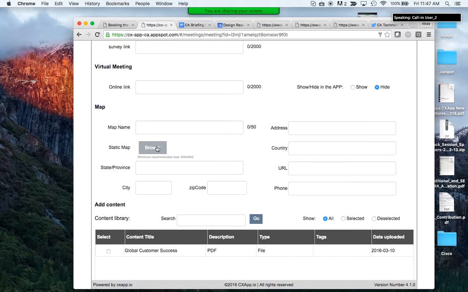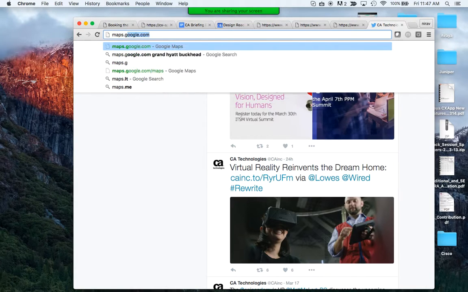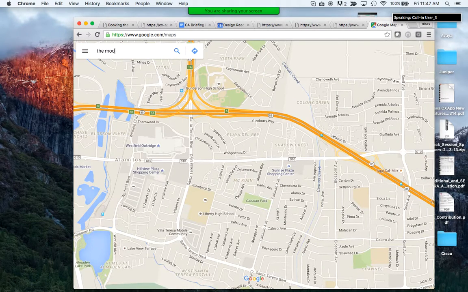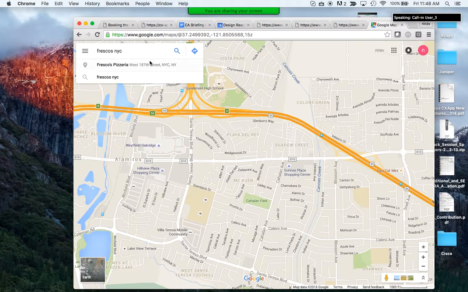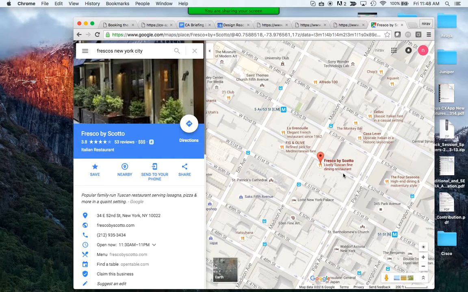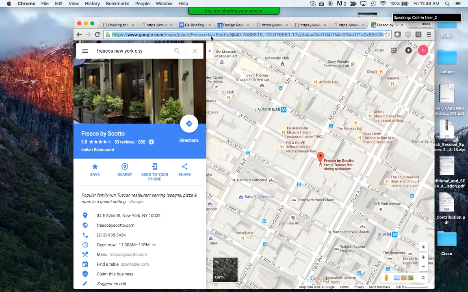Yeah, it's really easy. All you do is go into Google Maps. Nirav can show you here. Nirav, why don't you go into Google Maps real quick? It's really easy to do. Look up Fresco, New York City. Is it a pizzeria? No, it's like Fresco's by Scotto, something like that. Oh, this one? Yeah. Okay, so all you do now is copy the URL